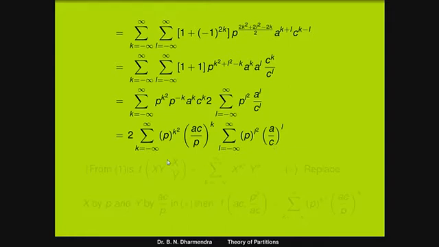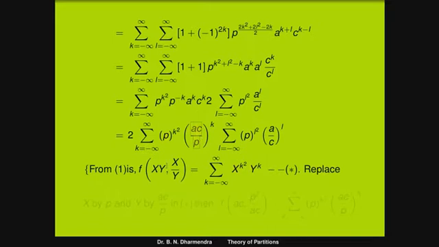Okay, clearly by using that result, we have to recall the definition: f of xy comma x by y is equal to summation k running from minus infinity to plus infinity, x to the power of k square into y to the power of k. We can observe in the first series, that x is equal to p directly and y is equal to AC by P.